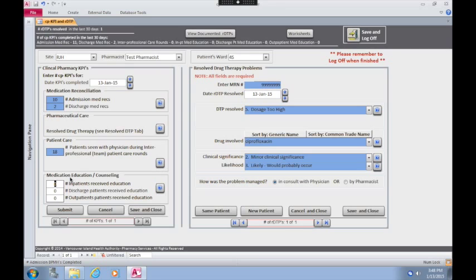And then medication education and counseling is also another KPI that needs to be recorded. So this includes the number of inpatients that you've counseled and they've received education from you, the number of discharged patients that you've educated, and the number of outpatients that have received education, which is more specific to various clinics where they see outpatients. So for example, let's say I educated 2 inpatients and did discharge counseling on 2 patients. And then all you do is you can